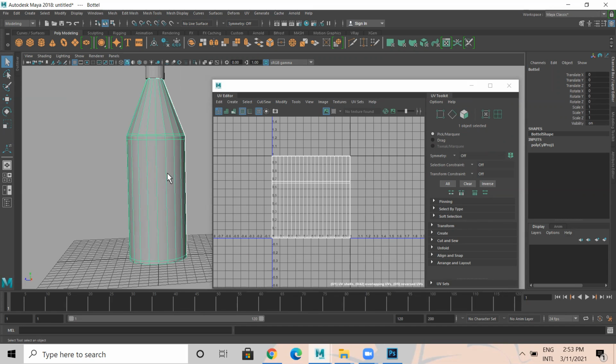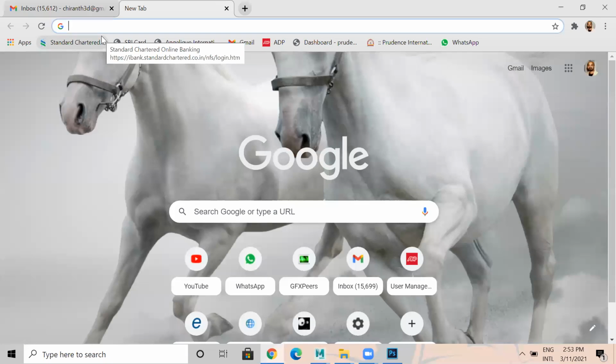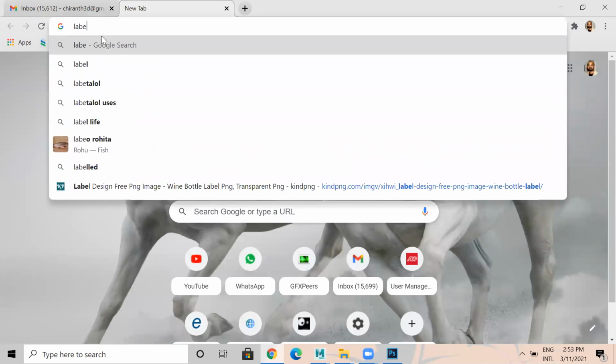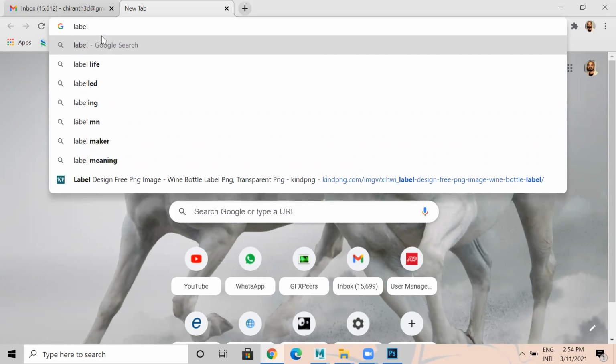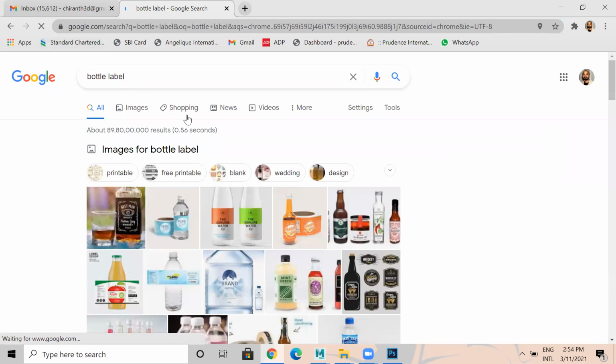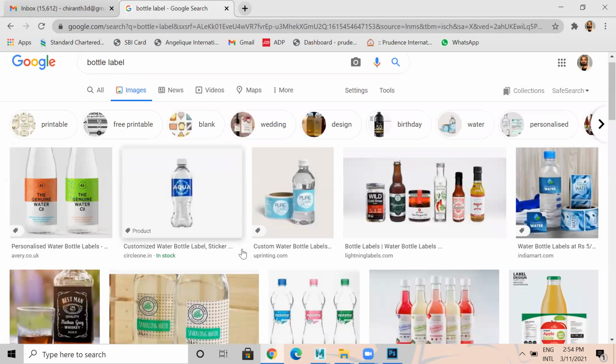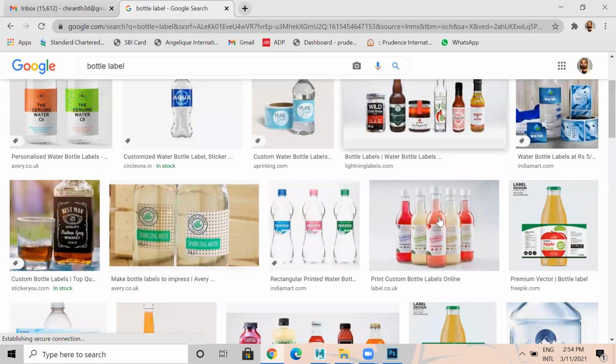We can add it somewhere in the center, right? Let's say, for example, the bottle label, which is something like this. See, this is something like this. So it's like this, right?